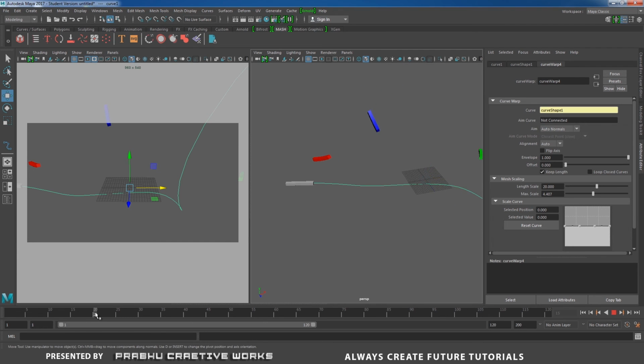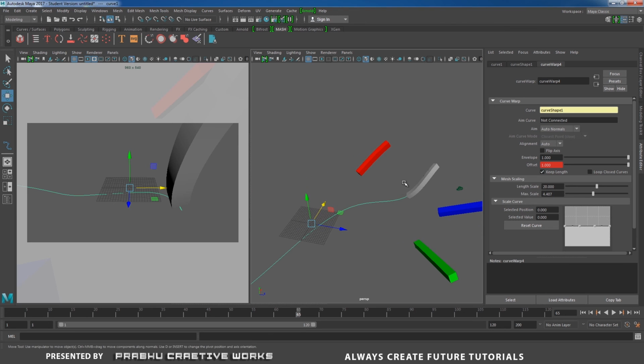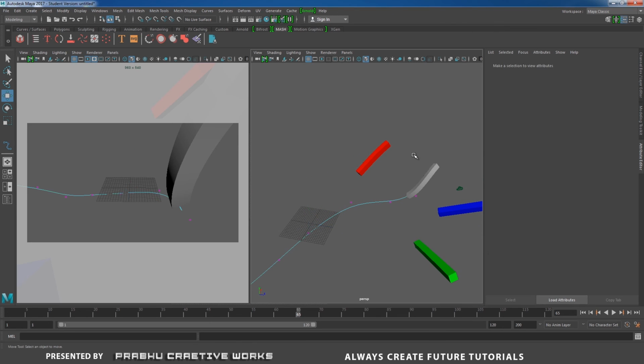Now I will go to my 15th frame. Right click and choose set key, and I will go to my 65th frame. I'll increase my offset to 1 and right click and choose set key. Now it's shown in my camera view, so I will select this curve and choose control vertex.